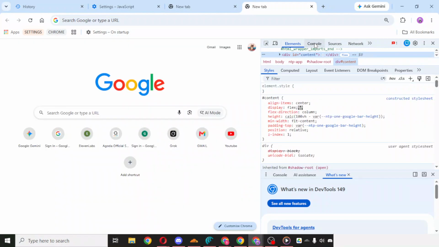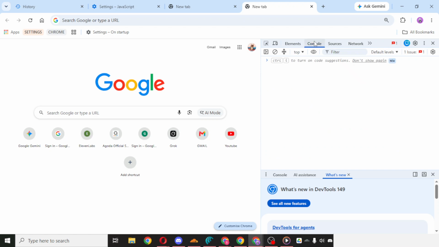That's completely normal. Once the Developer Tools panel is open, look along the top for the tab labeled Console and click it. This is the section where Chrome shows logs, warnings, and error messages from the web page. If the page has any issues loading scripts or running certain features, you may see those messages here. In many cases, this is exactly where you need to look when diagnosing a problem.